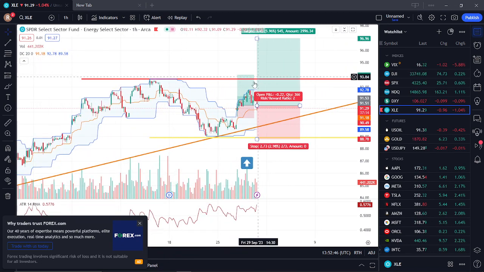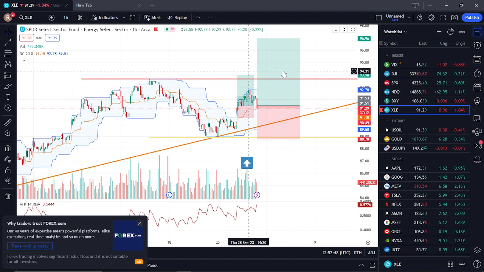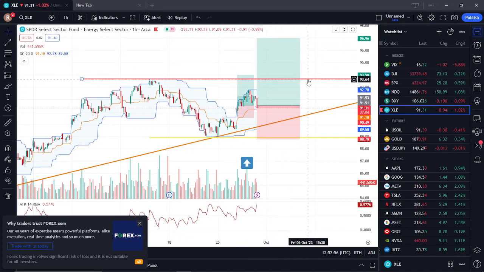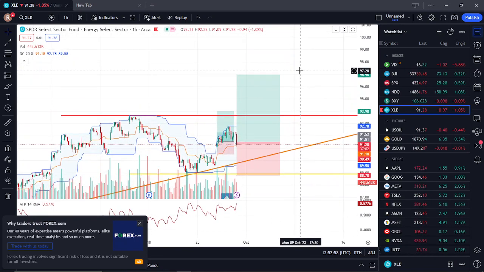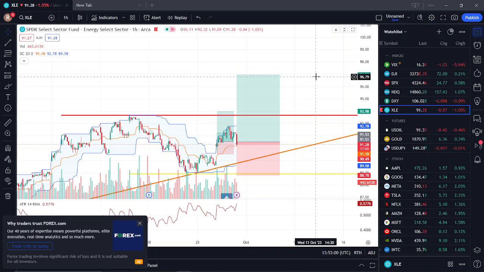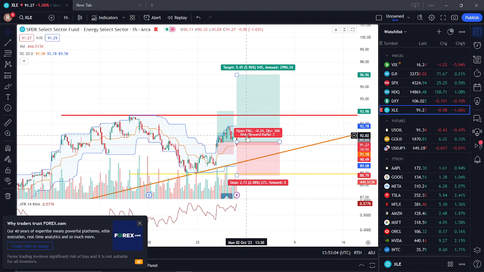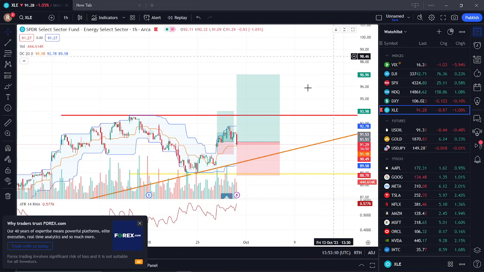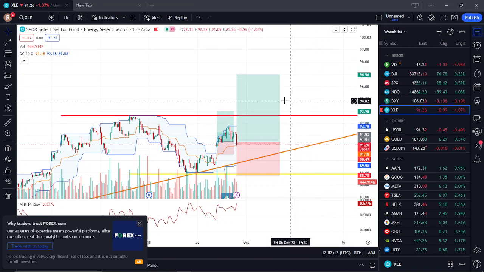In actuality, I will gain more because if we break up, I'm going to add another right here. I want to add more. If it breaks up, and then it breaks up after I add this, it pulls back and then breaks again, and if it breaks another level on the breakout, I add a little more, pull back, I add a little more. You see how I can easily add 4 more units when we break 2 levels, and I'm 5 times the original size. So every time it goes up, yes, when it comes down, it's going to be a lot more pain.